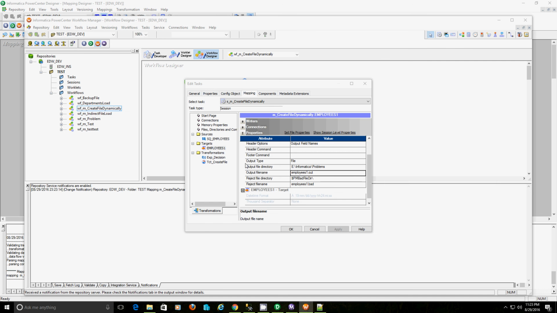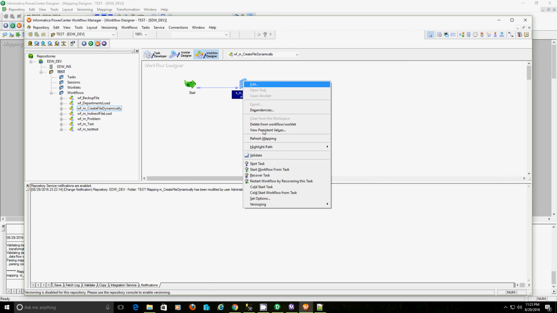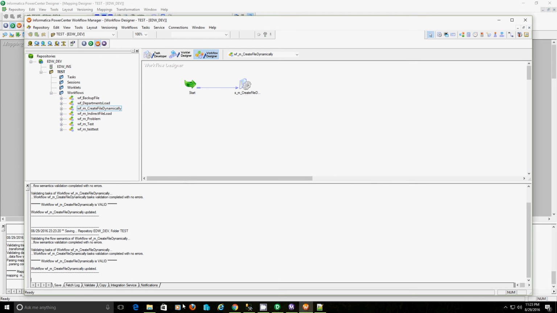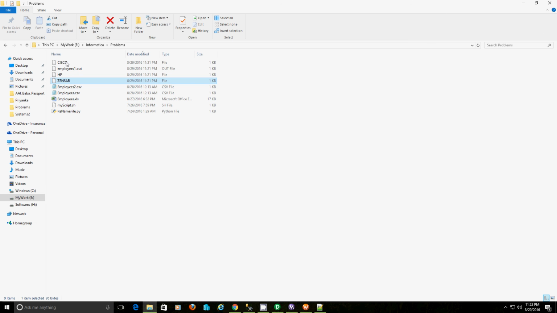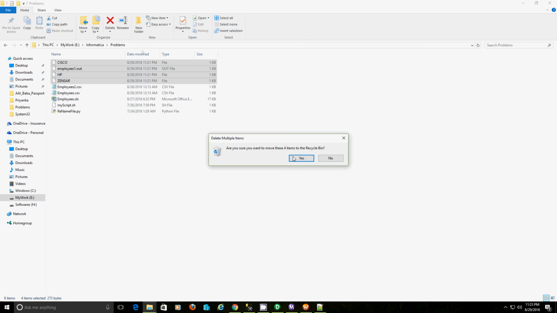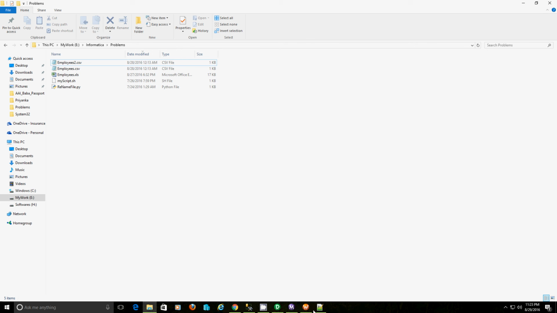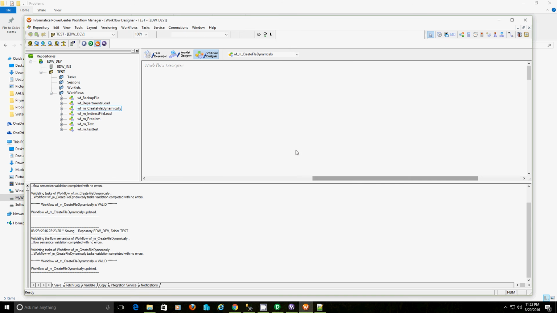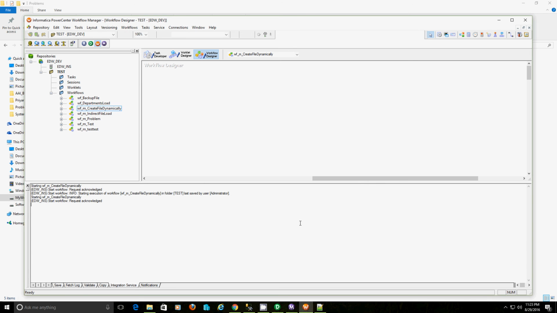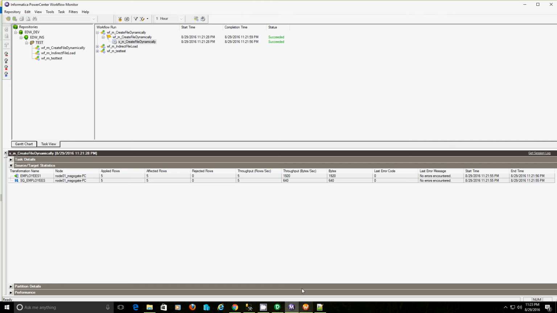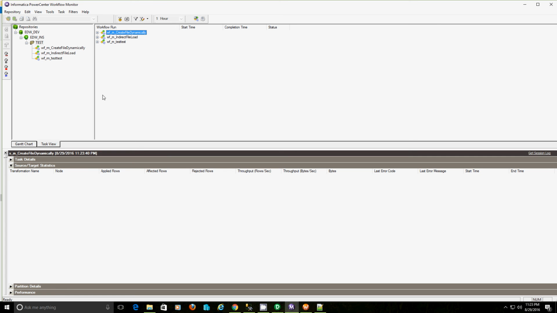Okay, refresh the workflow, and I will delete these files as well so that there won't be any confusion. Just execute the workflow. It's running now.